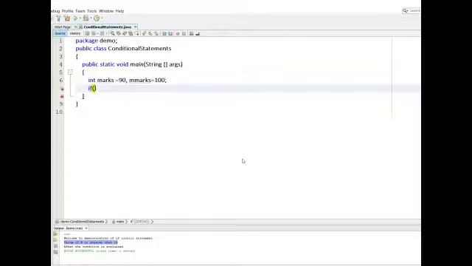If marks are greater than or equivalent to, say 30, double AND, the logical AND operator that we have seen in the previous lecture, and marks are less than, say 45,